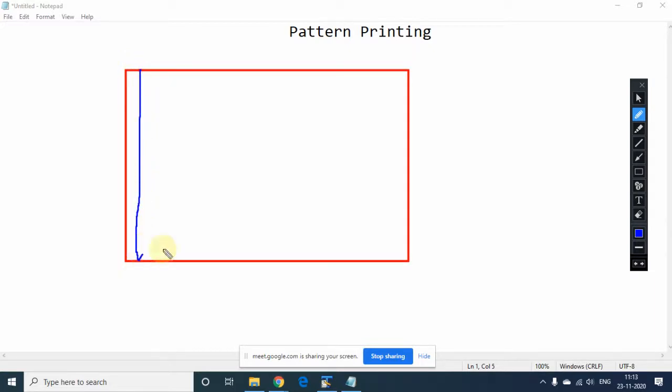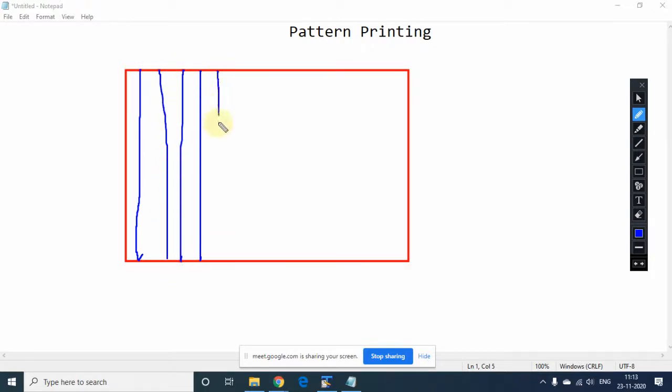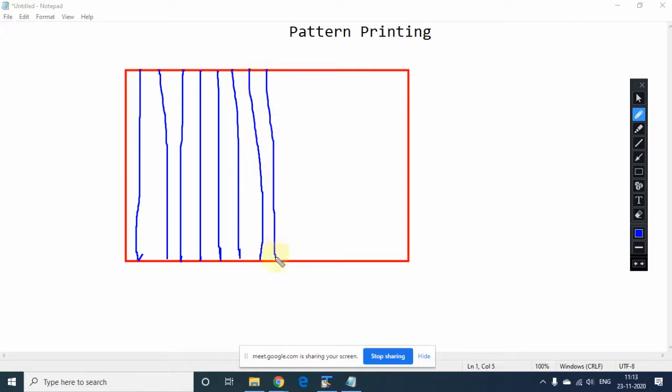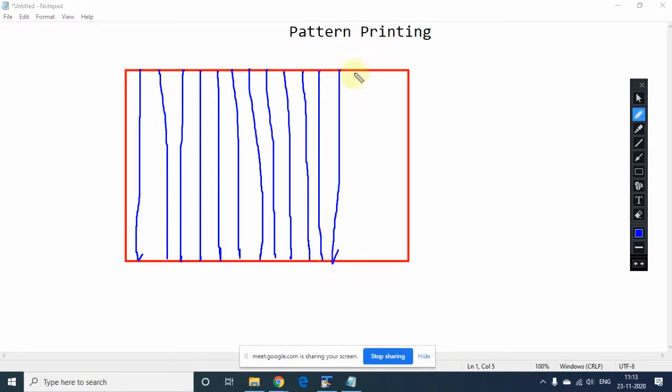As you can see, I am not able to draw the lines properly, but this is the grid. On this grid only you are getting all the things, whatever you are printing, maybe the alphabet, maybe the digit, maybe any picture. Whatever you are printing comes in a proper cell, and the screen is further divided into rows and columns. And now I am simply drawing the screen which is divided into rows and columns.